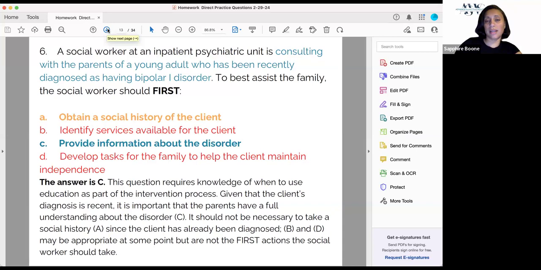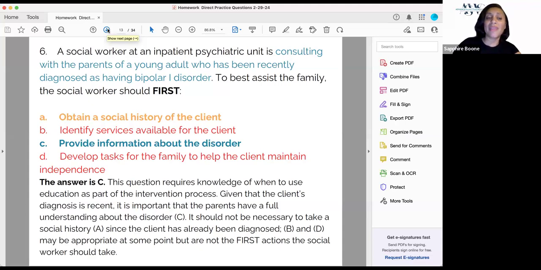Yeah, consulting. Trying to get them some more information. If we had some more sentences, then maybe there would be some other type of information that might lead us to some of these other answers. But because all we have is that the son was diagnosed, that's kind of what we have to base our